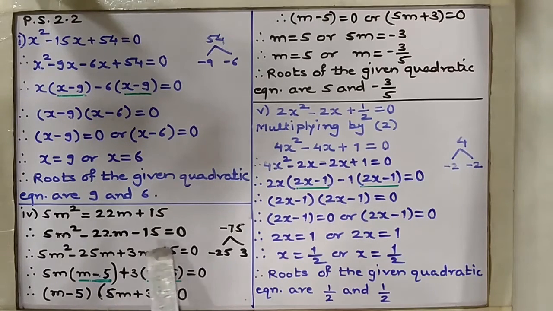Now come to the next two terms, 3m and minus 15. From these two terms we can take plus 3 as common. So what do we get inside the bracket? See, from 3m we have taken 3 common, so over here you will get m. And from minus 15 also we have taken plus 3 as common, so over here you will get minus 5. See over here, these two brackets are same. As I said earlier, these two will always be same.